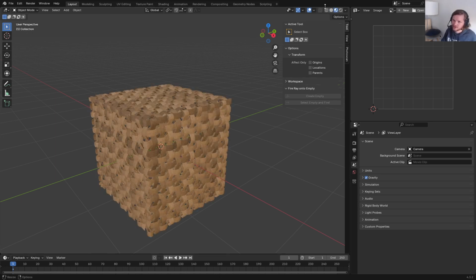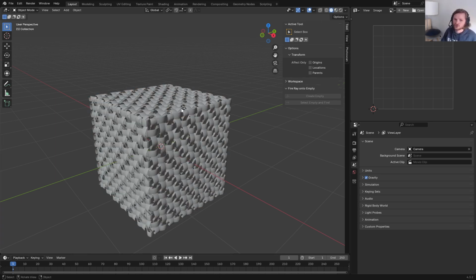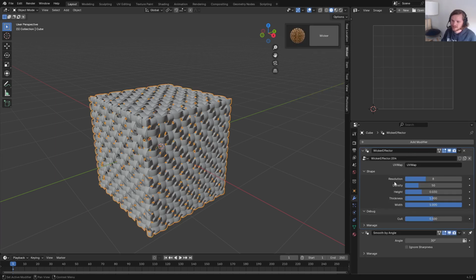It has a material that you can edit, etc. But if you want to go into the settings and all this, this is what this tutorial is for. So the first thing to understand is this is kind of a geometry nodes group. What that means is if you want to edit this Wicker, you're going to use all of these parameters over here. And before we get deep into these, I just want you to note the first thing is a UV